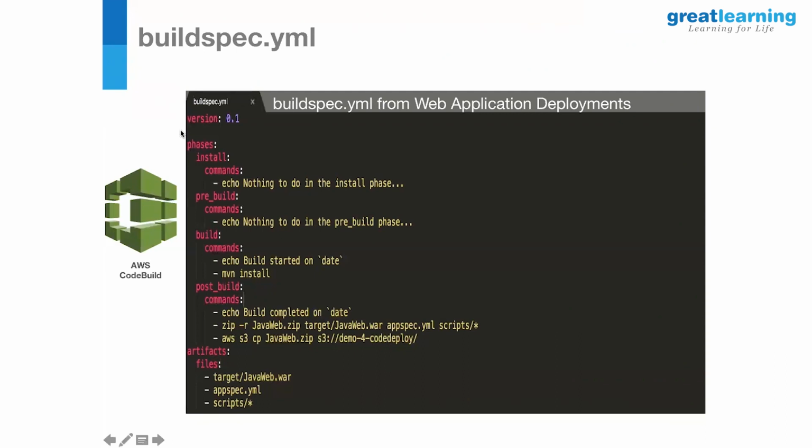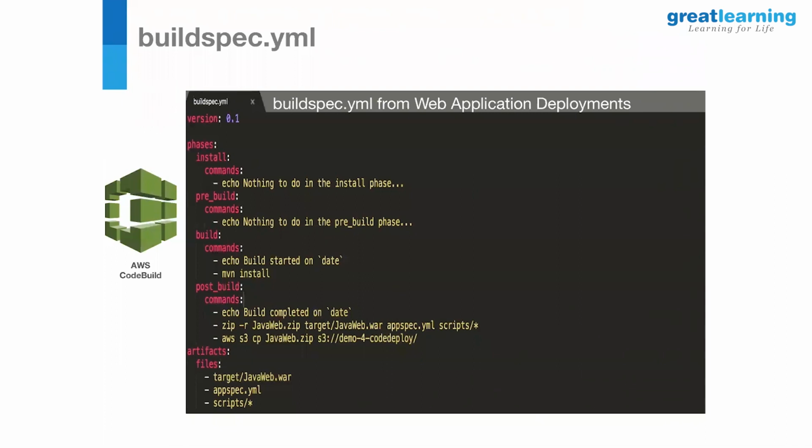The version number placed in the screenshot represents the buildspec.yaml specification standard and not your project version or revision. AWS recommends using 0.2. I have not used 0.2, but I believe we are supposed to use 0.2. As per your requirement, you will have to add the commands against each of the build phases. You need not add commands in every section here. If you see the install, pre-build, and build, I don't have anything.